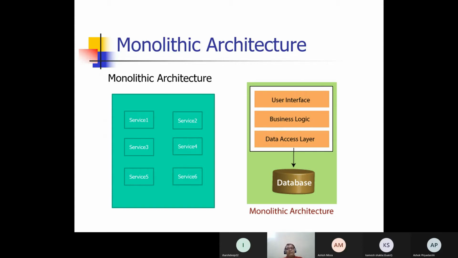A student can pay their fees. But for making a fee payment, the student should know their fee details, and only then can he make the payment. So these are all different services. In one application, we have to sit and design all of them under one umbrella, and that is called monolithic architecture.